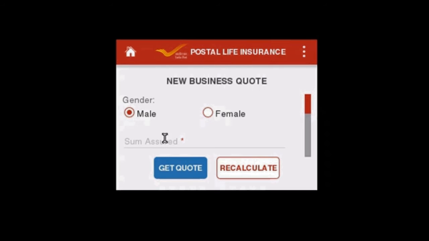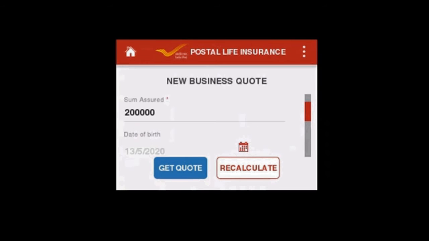Now supposing one customer has come for doing PLI and he wants to know what will be his amount. So first we have to select the gender, then sum assured, let's say 2 lakhs rupees, and scroll down.